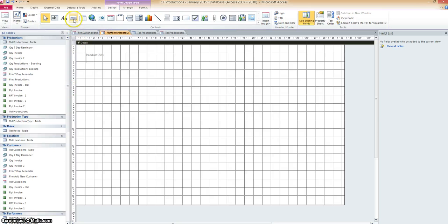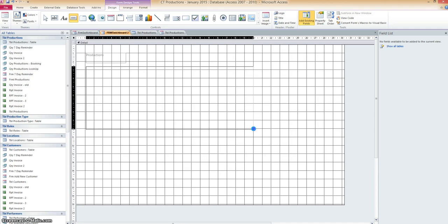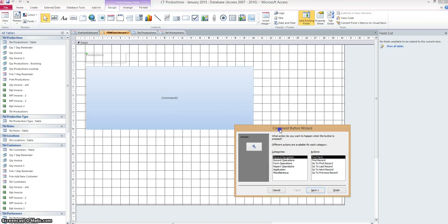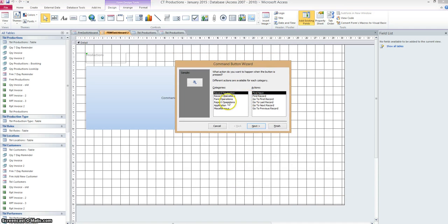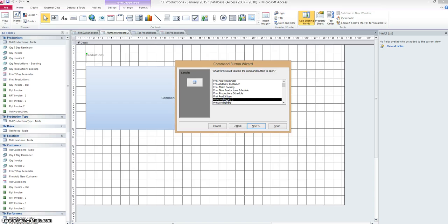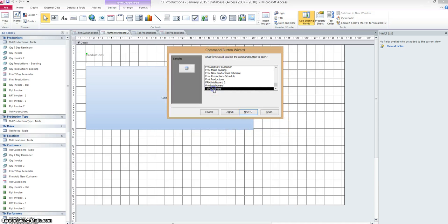So exactly the same process as we've just done with a table productions. Okay, so we're going to use the button. We'll draw the button. It doesn't matter what size you make the button because Access will resize it for you. Just note how big that is. So we're looking for form operations, open a form, click on next, and we're looking for form switchboard 2. No, we're not. We're looking for form, well, table productions I've called it. So it's there. Table productions. So I've forgotten my own naming convention now, so I should have called that FRM